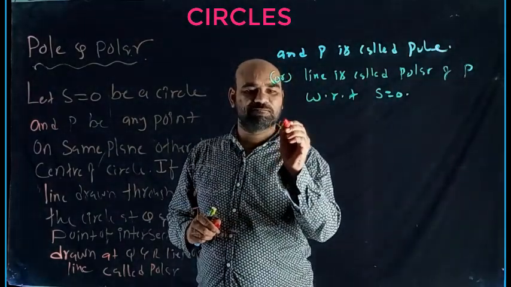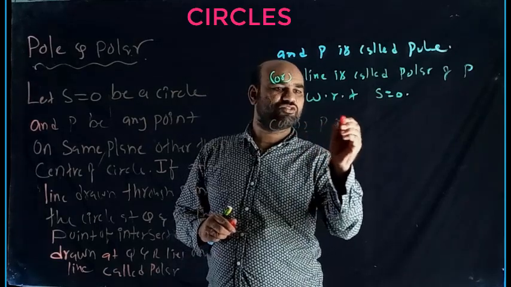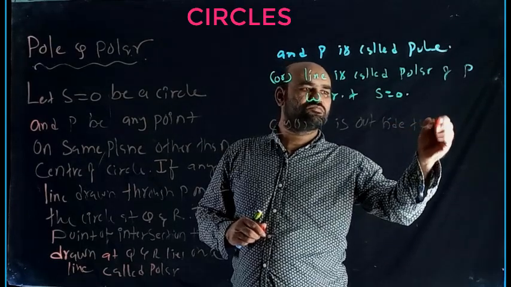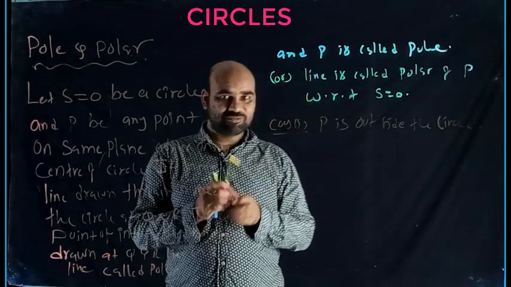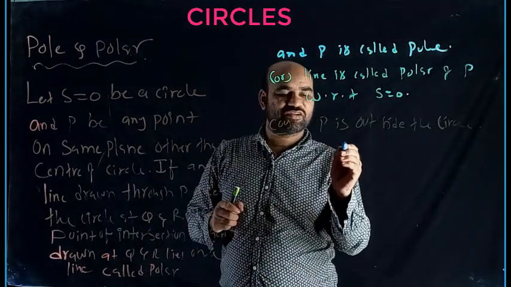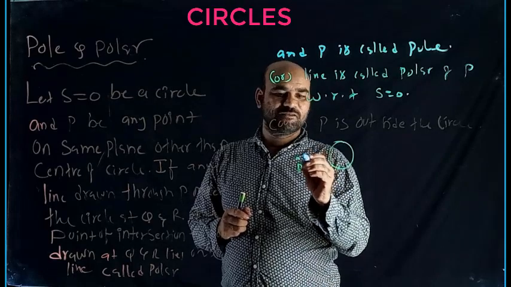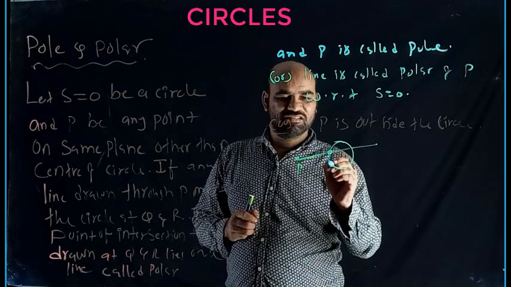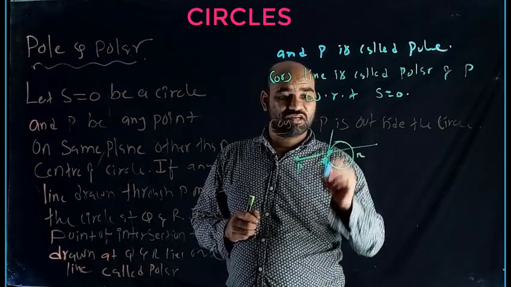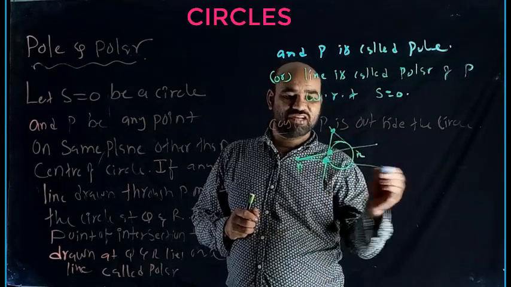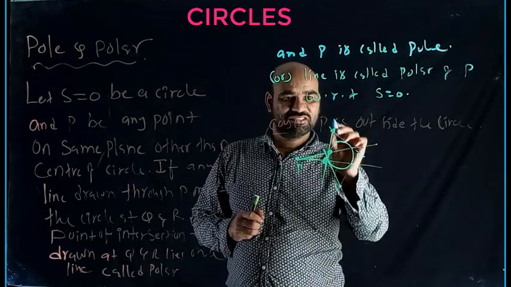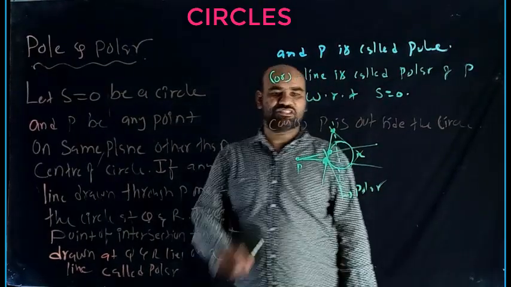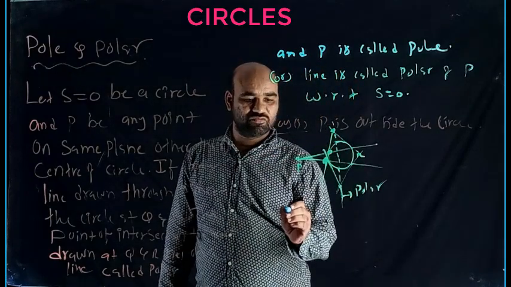Case 1. P is outside the circle. Just now explained, I just want to draw the diagram for that. Circle, P is here. One of the lines I can say is a secant for the circle, meeting at Q and R. Through these you can draw tangents, they meet. Another line you can draw, another two tangents, they will meet. This line is called the polar. This is called the pole.